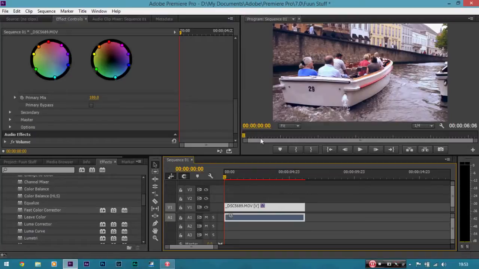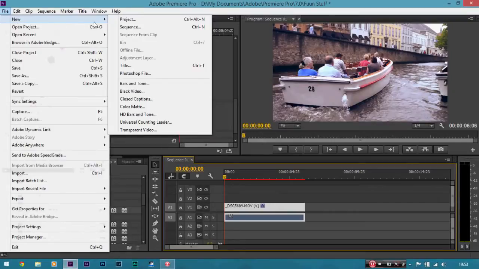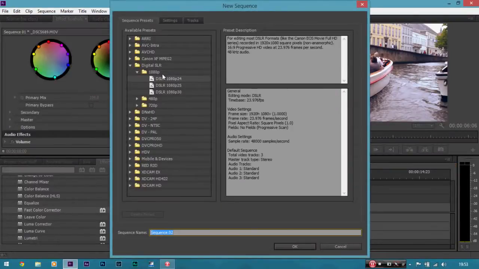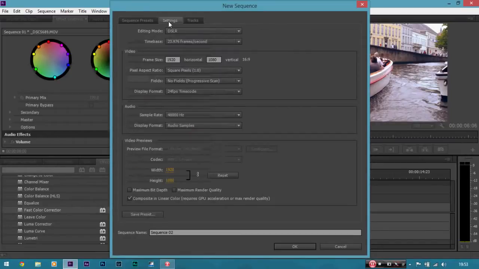If you want to add black bars, go to File, New, Sequence, so remember we did this before, and go back to your preset again, but then go to Settings, and this is going to depend on the resolution of your camera, but say if it's Full HD like mine, go to Horizontal, no, got that one wrong again, Jason, okay, go to Vertical, and change it to 800, and notice when you click off, it changes it to 12 by 5, that is anamorphic